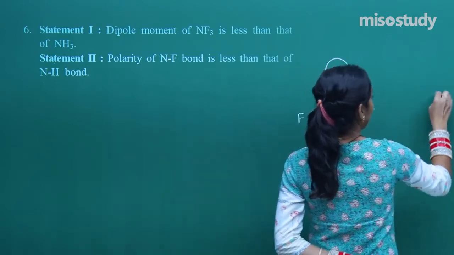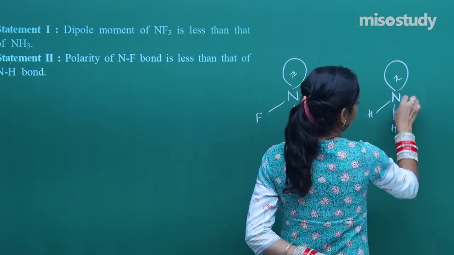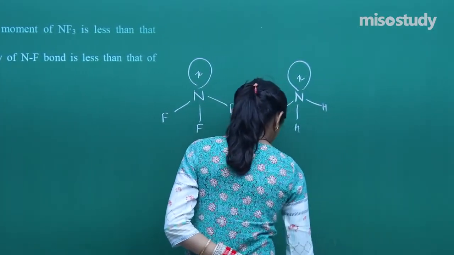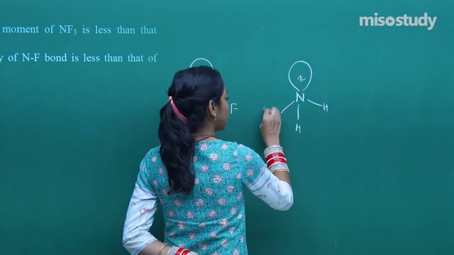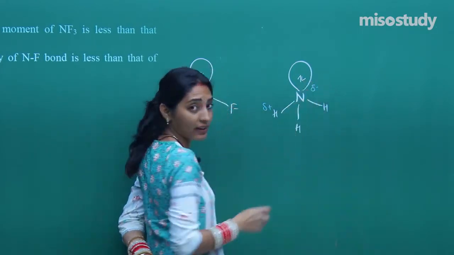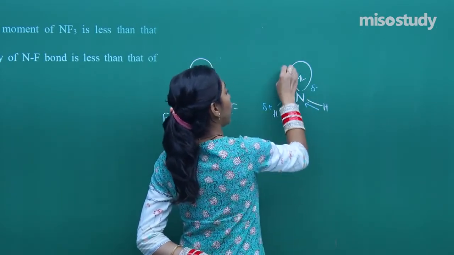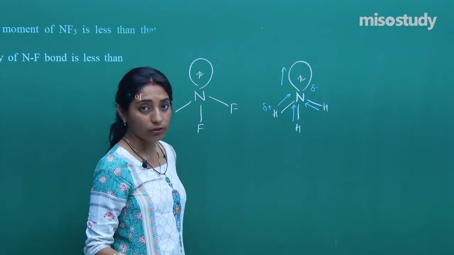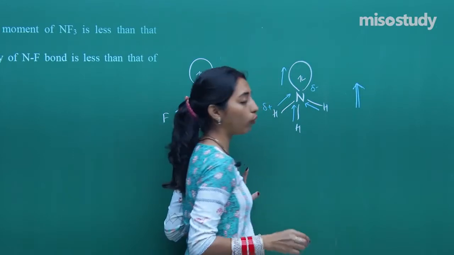So we have NF3 and NH3 and we need to compare the dipole moment. So see, dipole is from positive to negative. So hydrogen is delta positive, nitrogen is delta negative, here, here, here. And for lone pair, dipole moment is in upward direction. So all the dipole moments are there in upward direction, they will get added and the overall dipole moment is